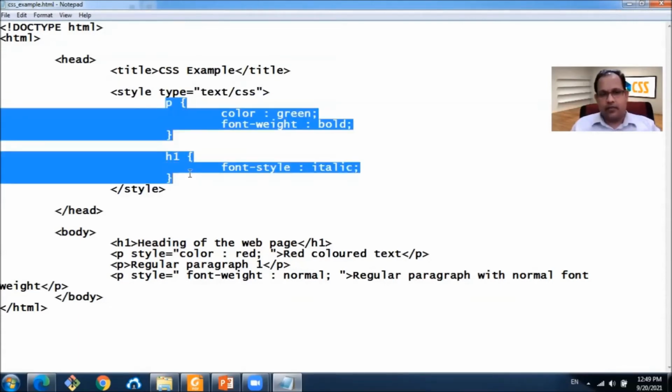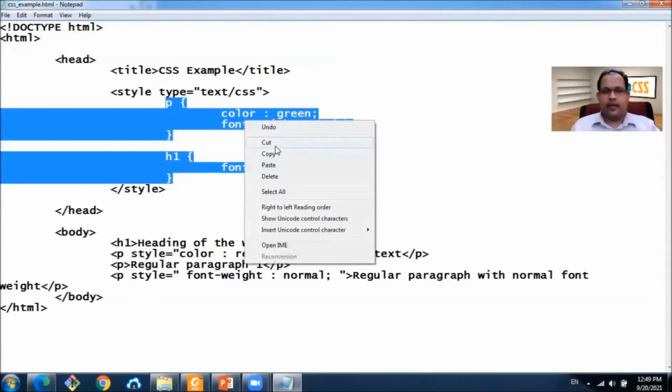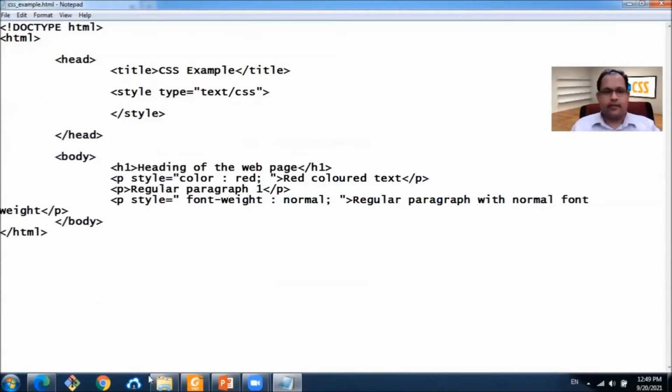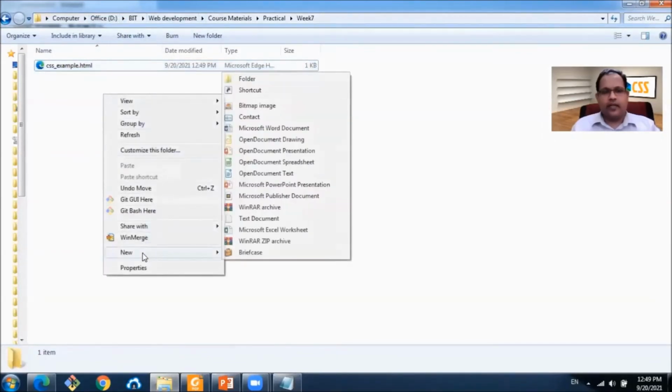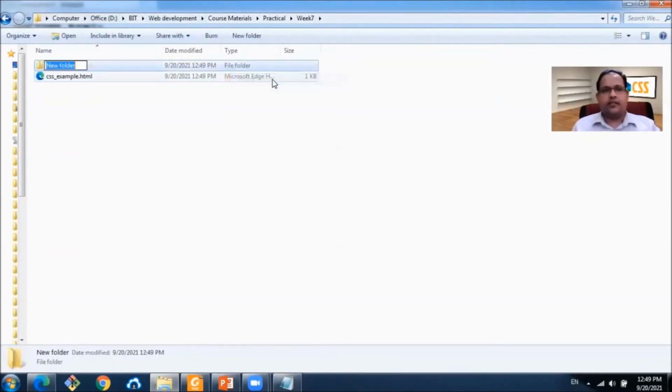So I'm going to move this style into an external style sheet. So here I cut the styles and I go into this folder. It is a best practice to create a folder for the CSS file separately. Not only CSS file, there are other files.